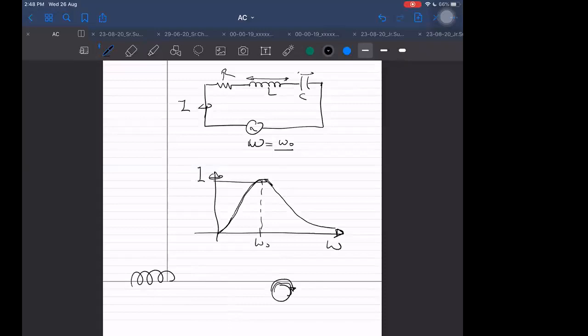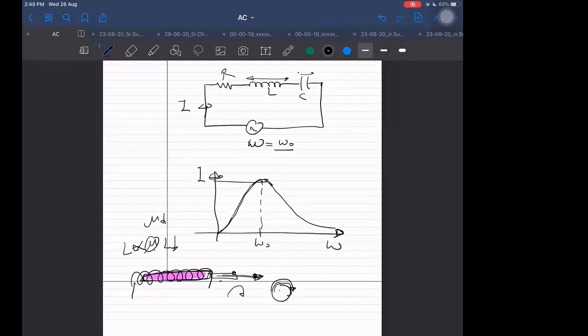Let us say we have an inductor, and within the inductor we have a solenoid. Sorry, a soft iron core. Yes, a soft iron core inside. And that soft iron core, I can move outside and inside by rotating the knob. We can have such an arrangement. As I move the soft iron core outside, you know the formula for inductance involves mu. It is proportional to mu. When the effective mu is reduced, the inductance is reduced.